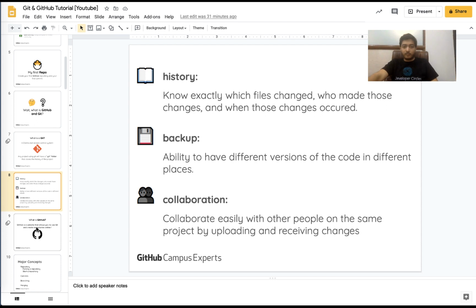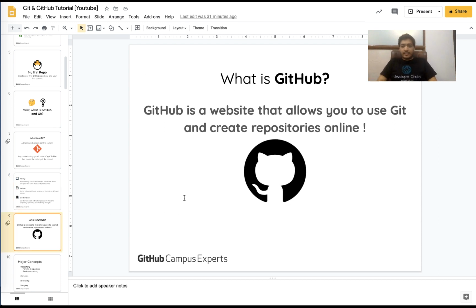So let's move forward. What exactly is GitHub? GitHub is essentially just a website which gives you a user interface, a GUI for using Git. Its engine, basically the driving force behind GitHub is Git, and it allows you to use all the functionalities provided by Git through a user interface, because Git itself is a command line tool.